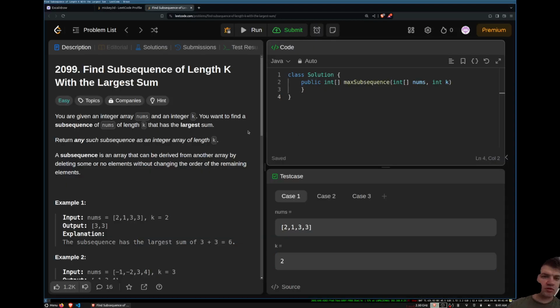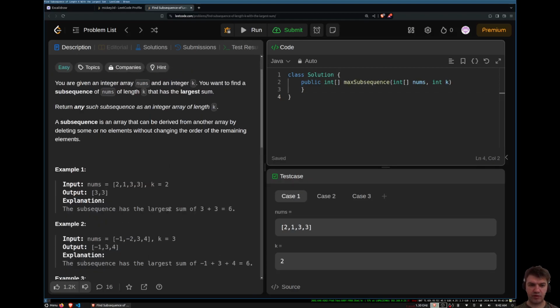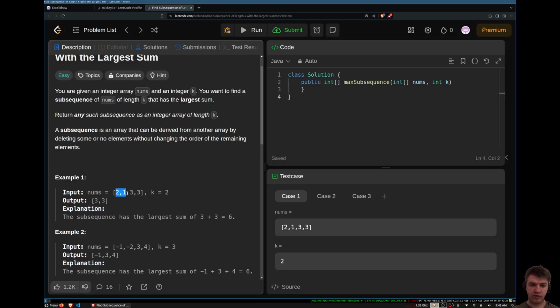Hi, today's problem 2099. Find the subsequence of length k with the largest sum. Give me a few seconds to read it. So I have an idea to use a heap or priority queue, and while I go through the nums, I'm gonna add